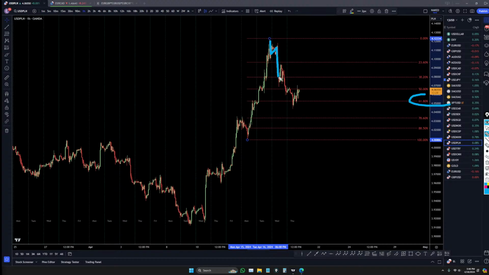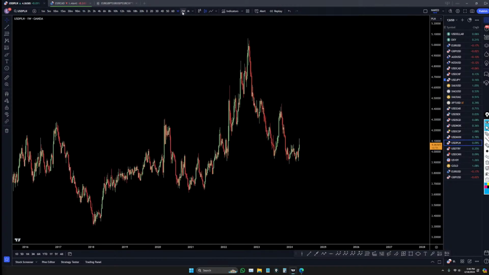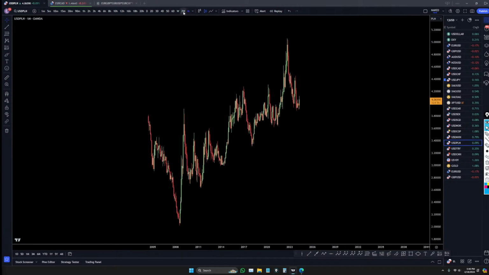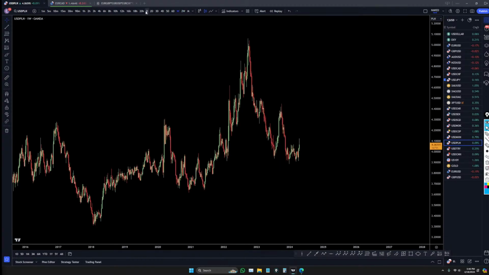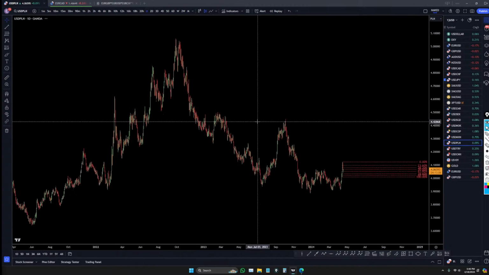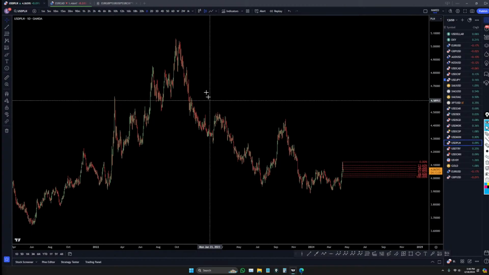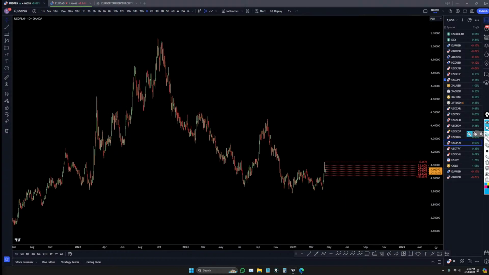It looks like a trend now, so I would think it was a wave A, and this move up is probably more likely to be a wave B, and then down for wave C, and then up again later on. But I definitely think at some point this is going to continue the uptrend, especially looking at the higher time frames. Kind of looks like a big ABC correction almost on the daily.